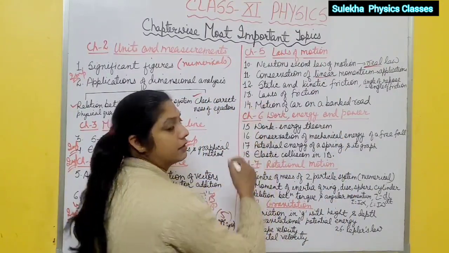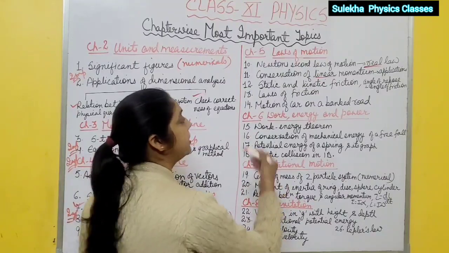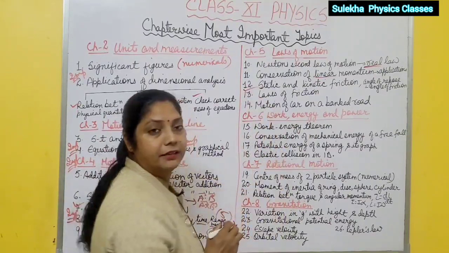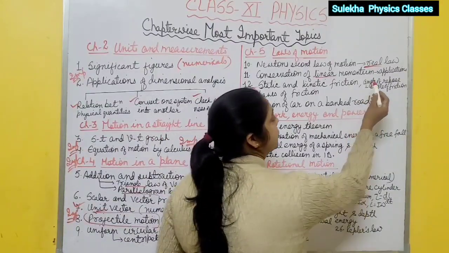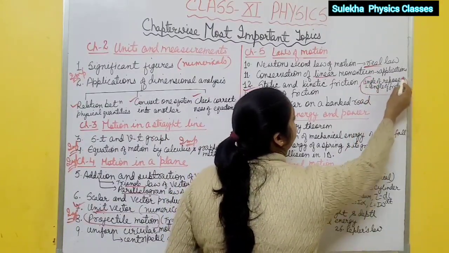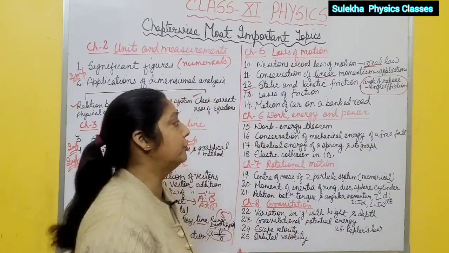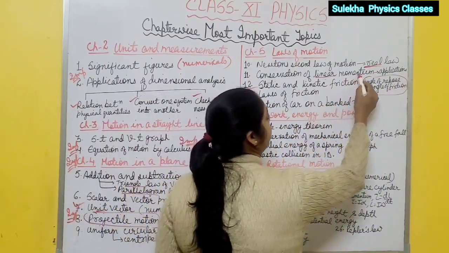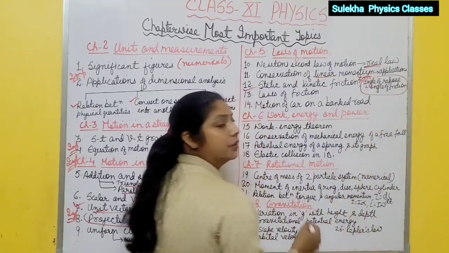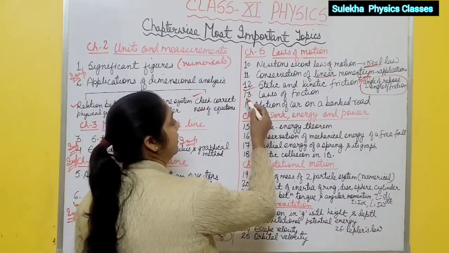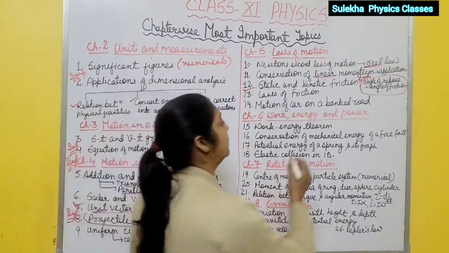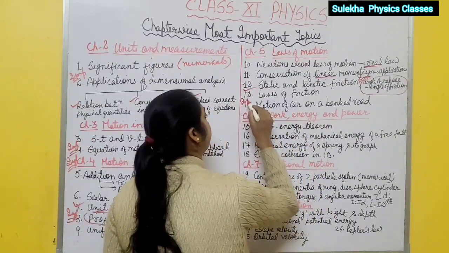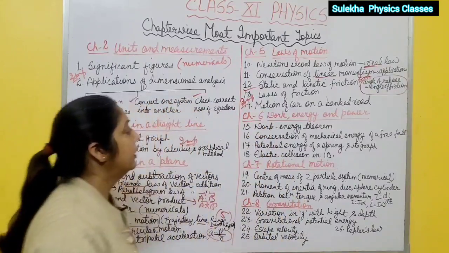Then after this come to the topic friction. In friction, types of friction are there, static and kinetic friction. In this one also you have to revise what is relation between angle of repose and angle of friction. Both are equal, you have to prove this one. This topic is also important. Prove that angle of repose is equal to angle of friction. Then, in laws of motion, after that banking of road, motion of car on a banked road. This topic is also very important, banking of road, right?